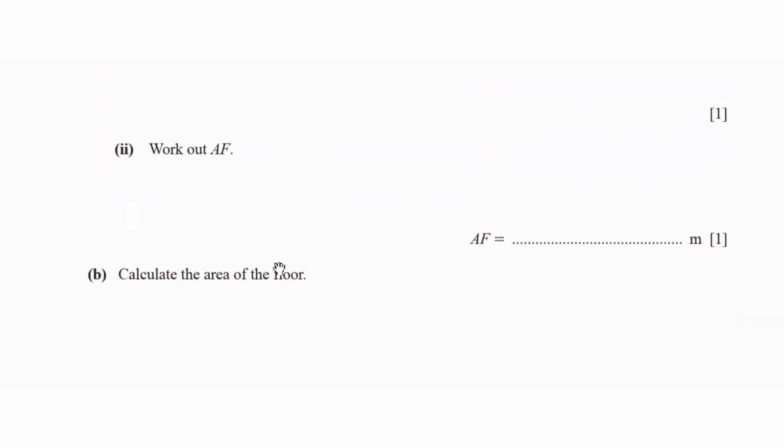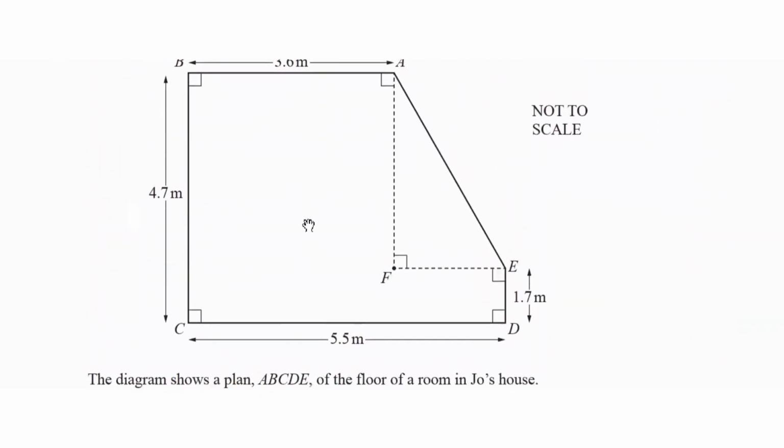Next part, it says calculate the area of the floor. So for the area of the floor, as you can see, we have a composite shape, and I'm going to split this into two things. This is one shape, and the other shape is this trapezium over here. So for the first shape, call this A1. So A1 is going to be 3.6 times 4.7, which is basically equal to